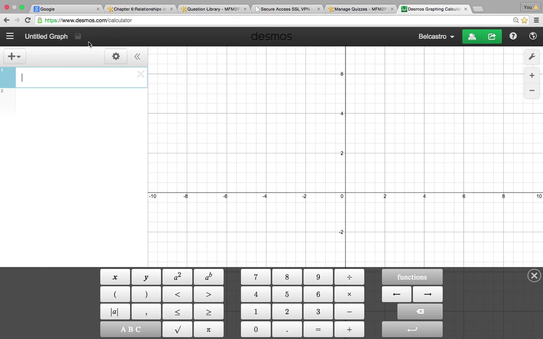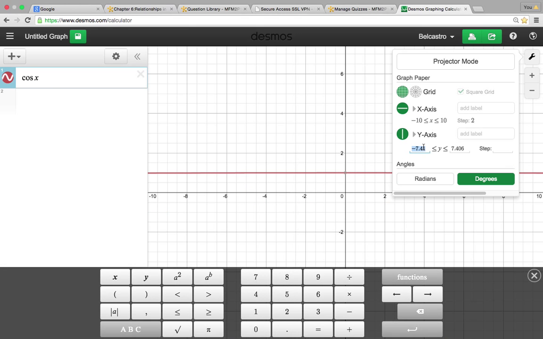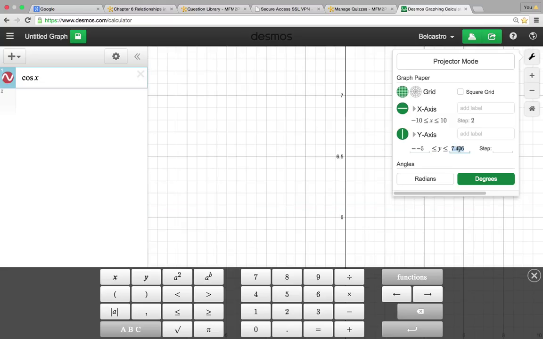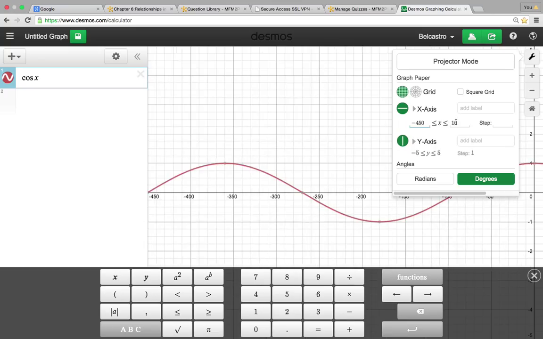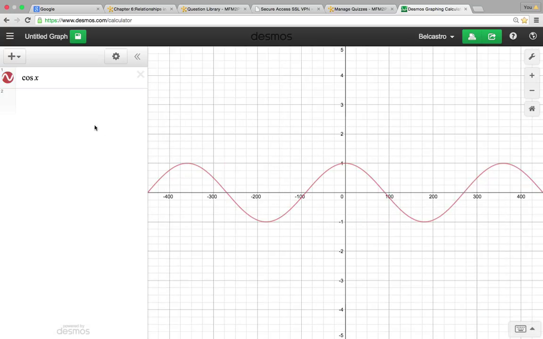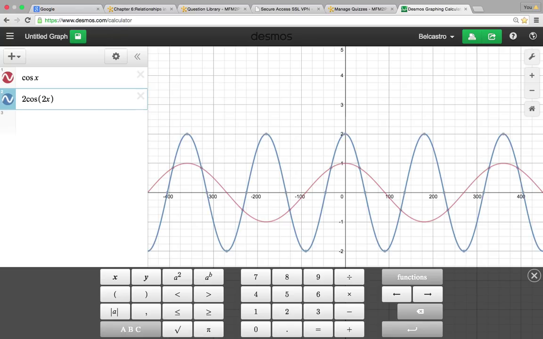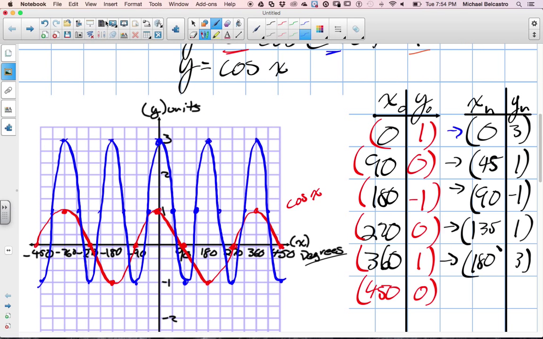And just to make sure, here's our graphing tool, there's our wave. This is in radians, so I'll quickly change it to degrees, which means I have to go from negative 450. Oh no, that's the y-axis. Negative 5 to positive 5 is good. And negative 450 to positive 450. There we go. And we said our new function was 2 cos bracket, plus 1. Now we have to use x to actually graph it like this, we wouldn't use theta, but there it is. It's the exact same thing we drew on the other page. We just used our mapping notation for